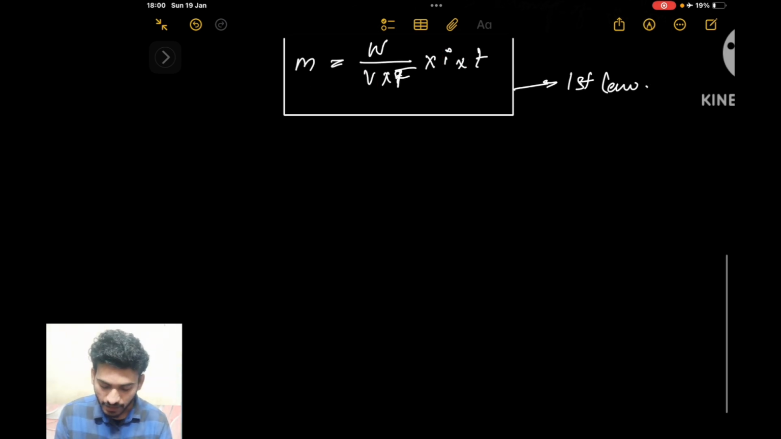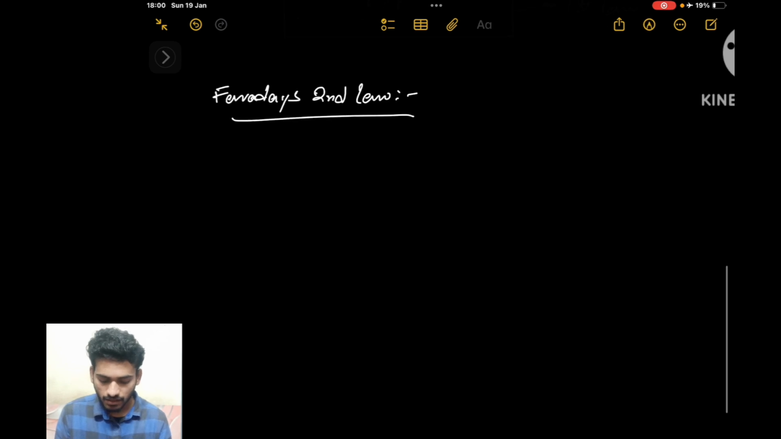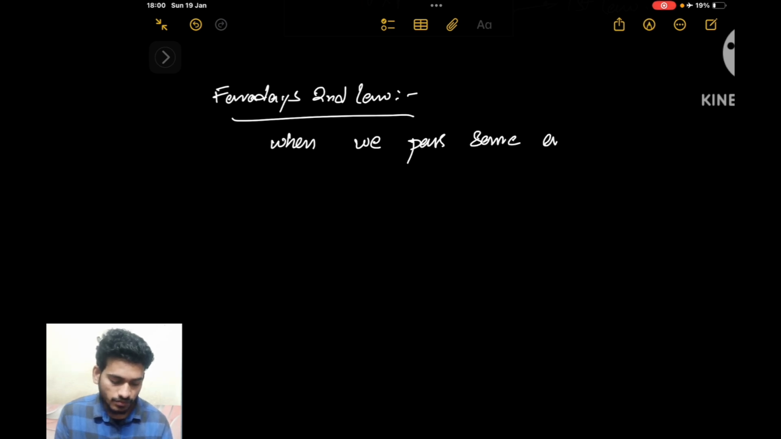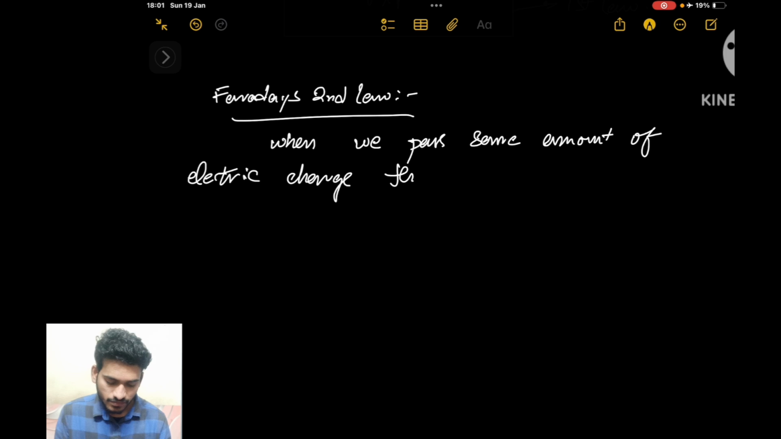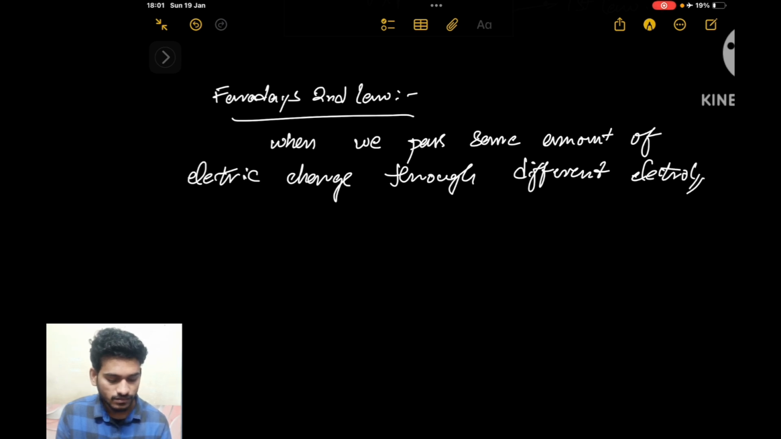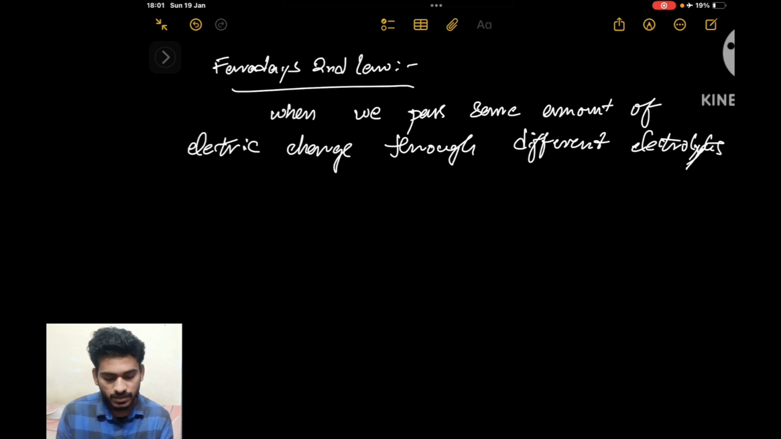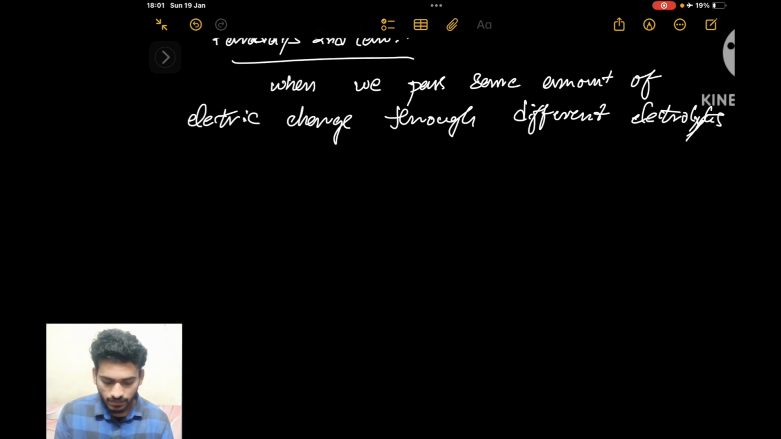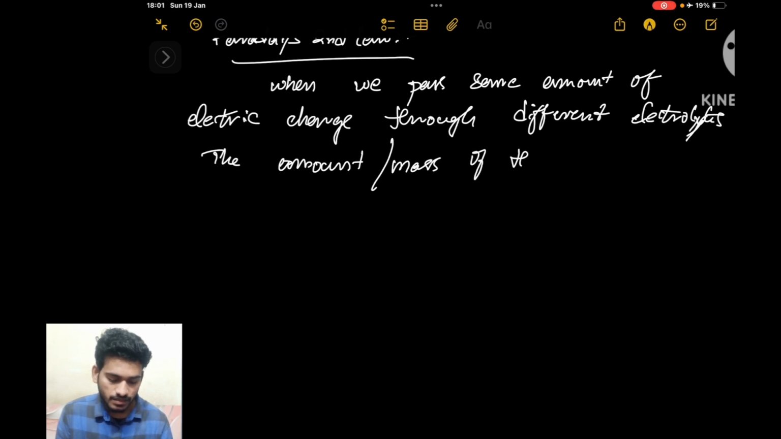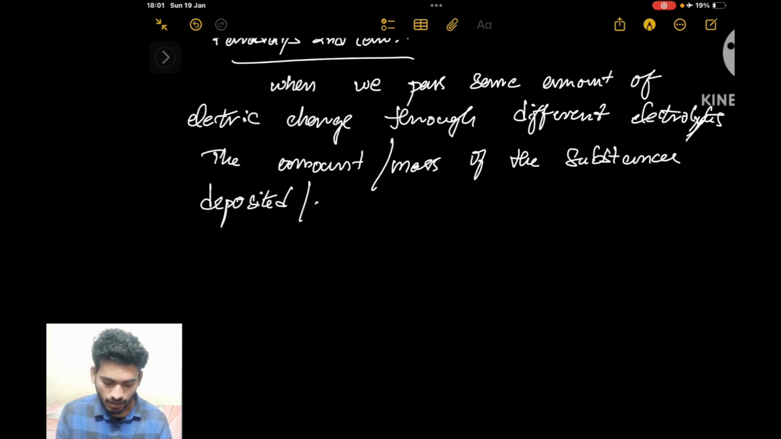If we go to the second law of Faraday, it states that when we pass the same amount of electric charge through different electrolytes, that means different chemical substances, the amount or mass of the substances deposited or liberated